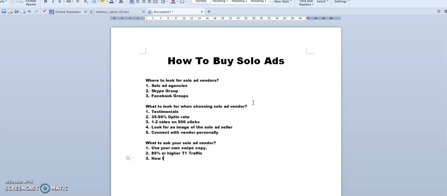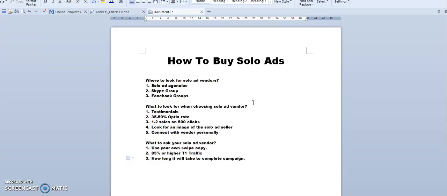You also want to ask them how long it will take to complete your campaign. And for the more clicks you get, obviously the longer it's going to take. But usually I like to test with about 200 clicks, and usually that takes 24 to 48 hours. And maybe in one case or so it took 72 hours, but that's a little longer. So obviously the more clicks you have, then expect it to take a little more time.